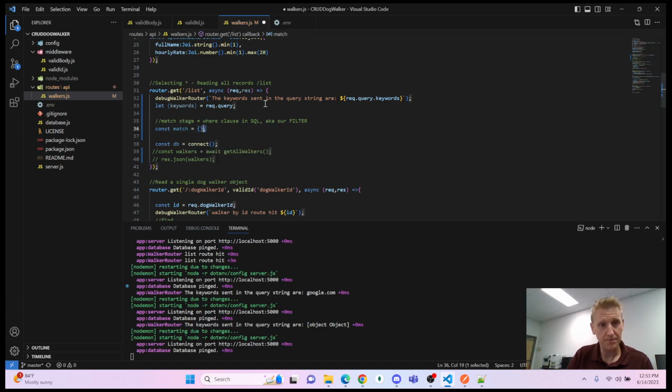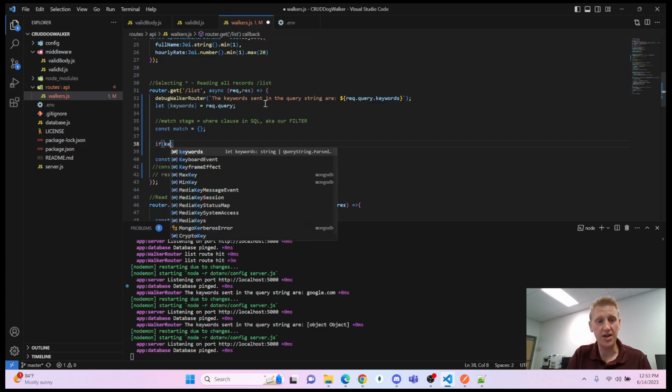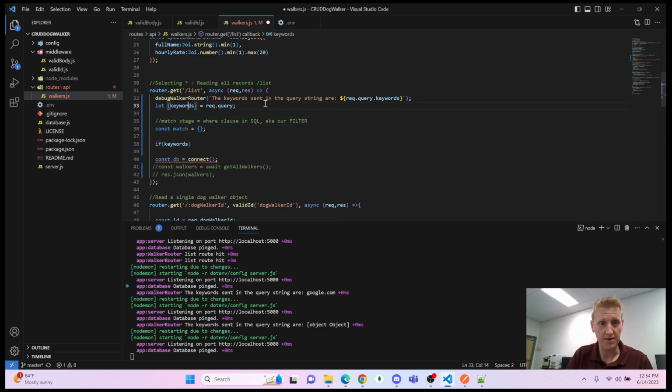Now, this basically says when you're creating an empty object, there's no filter, so by default we're going to get all records. And we say, hey, if there are keywords, which means the keywords are read from the query, if there are keywords,